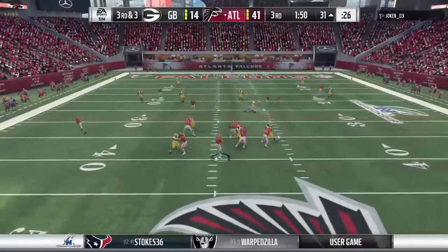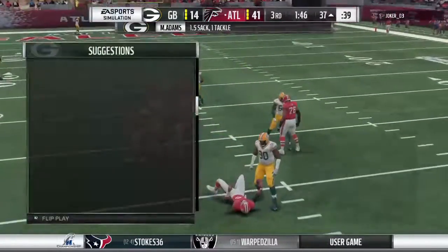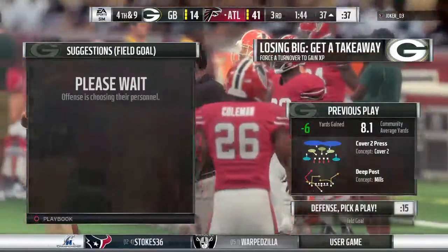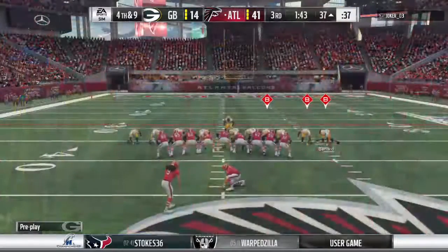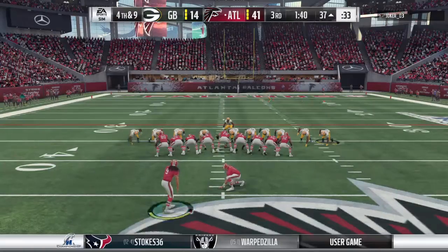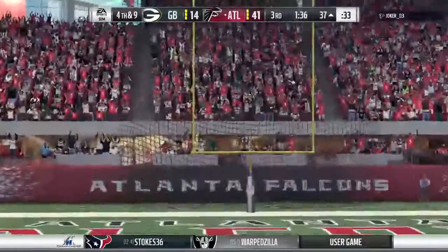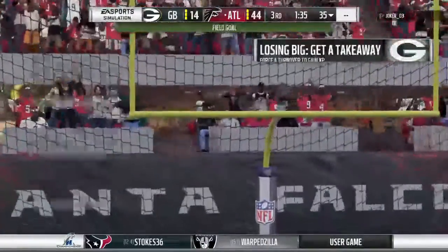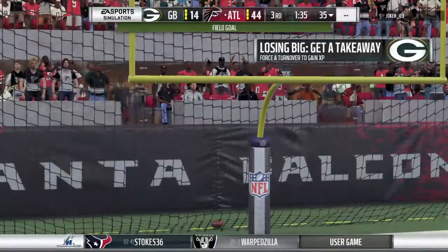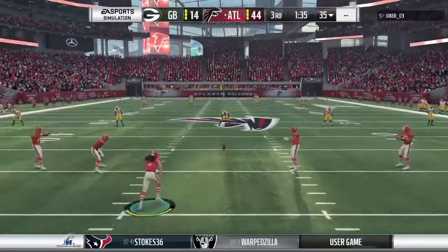Here's Mariota, and the Packers give him nowhere to go, and they bring him down. Montravius Adams in there to drop him for a 6-yard loss, and that'll lead to a 4th down. And this one is right through. And that will just add 3 more to a lead that's already out of hand. So 3 field goals for him here in this last